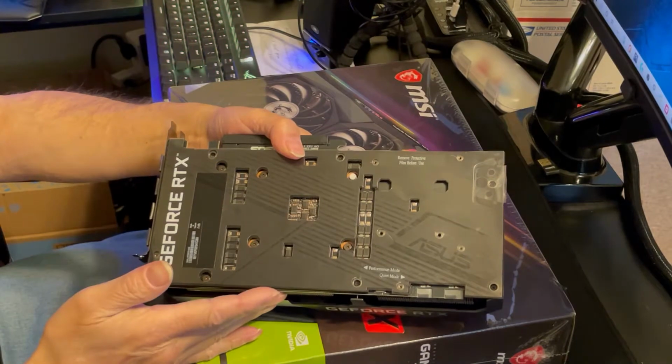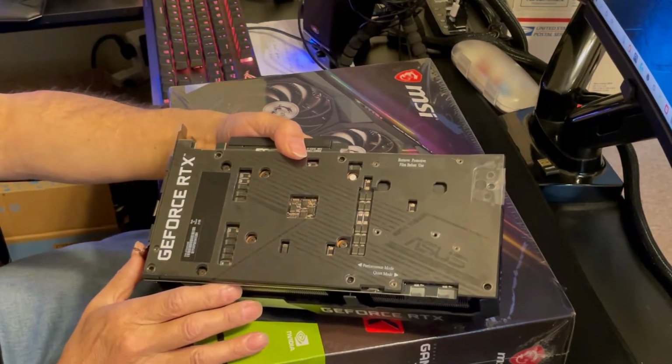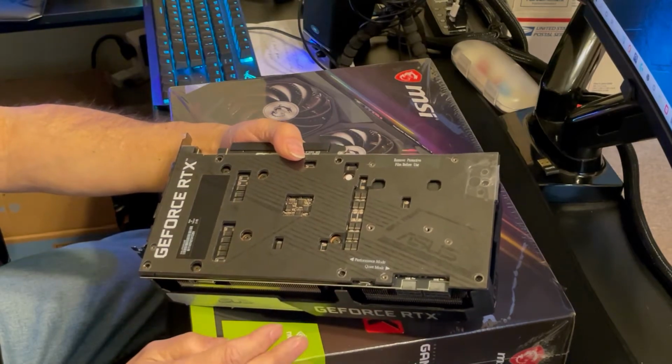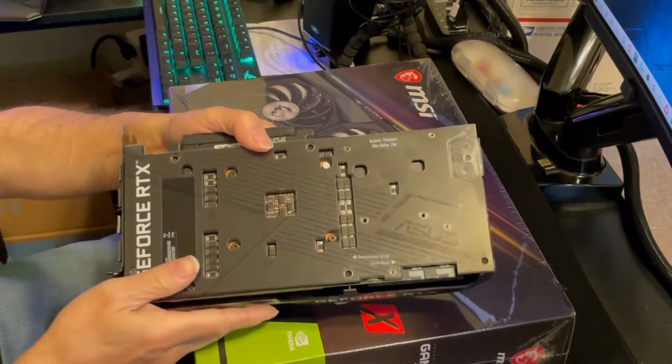Gets good airflow. So I'm going to be putting this out for sale. If somebody contacts me, fine. If not, it's going to go on eBay, and I've got people going mental over there trying to get a